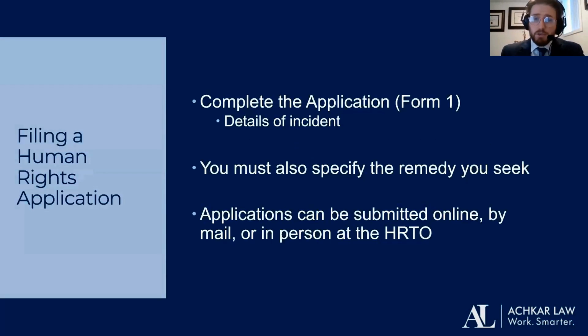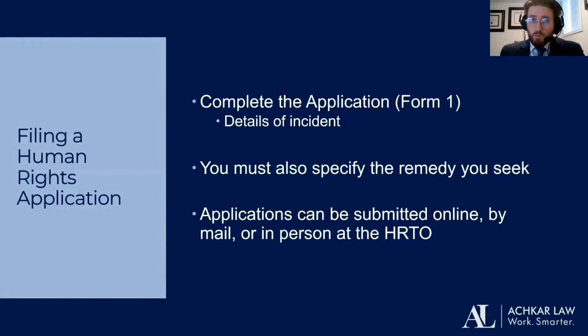You've gathered your evidence, you've determined you've got the jurisdiction. Your first thing to do is now complete the application that's known as a Form 1. These are downloaded from the Ontario Human Rights Commission website. These are smart forms that as you fill them out, they get ready for the next section for you to fill. Make sure you have a good PDF reader on your computer to be able to do so. You can also go and pick up the forms as well and fill them out too.